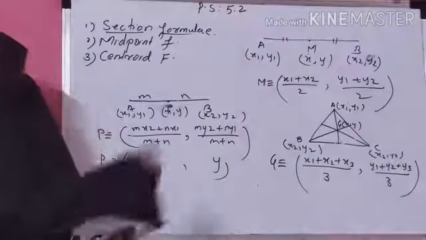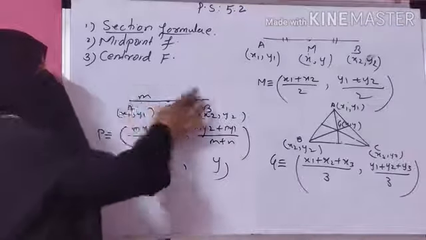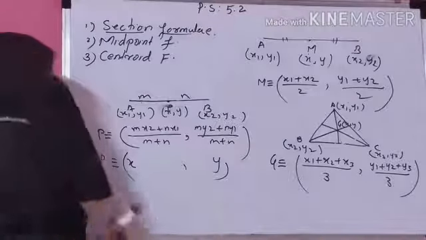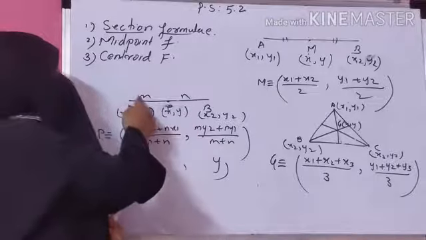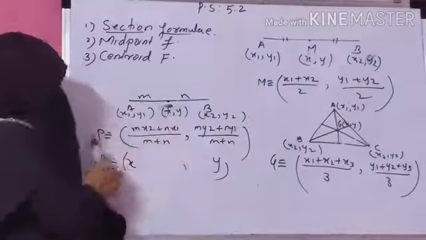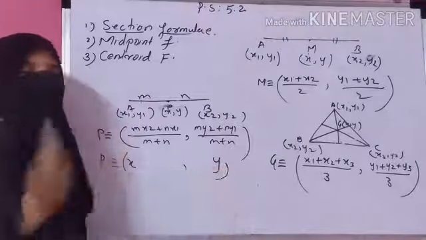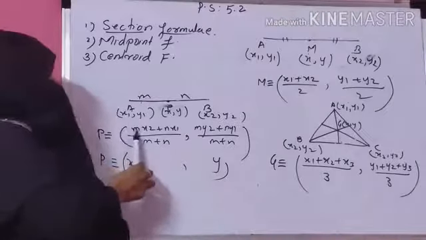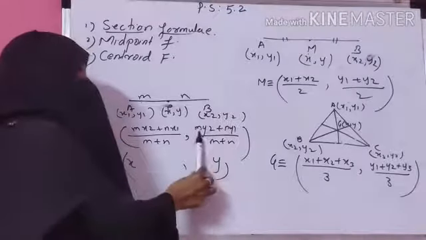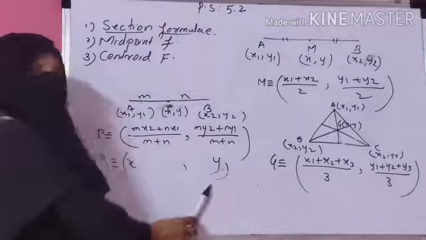So first of all, the section formula. In a coordinate system, if a point divides a segment or a line in a ratio, here I am taking the general ratio m is to n, then we have to apply the section formula. By using the section formula, you can find the coordinate of that point which divides the segment in the ratio. So the section formula is mx2 plus nx1 divided by m plus n, and the y coordinate is my2 plus ny1 divided by m plus n. This is the x coordinate, this is the y coordinate.